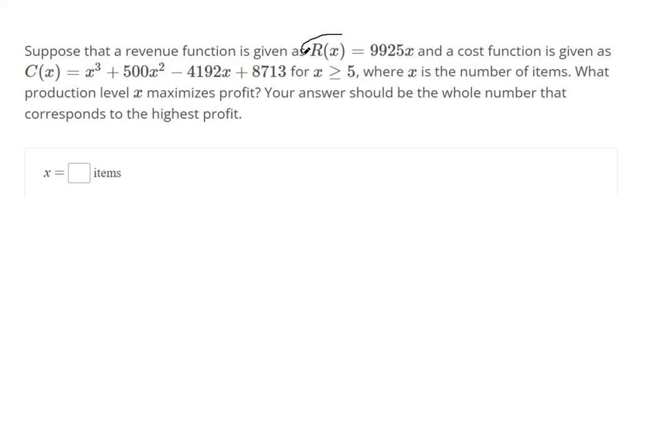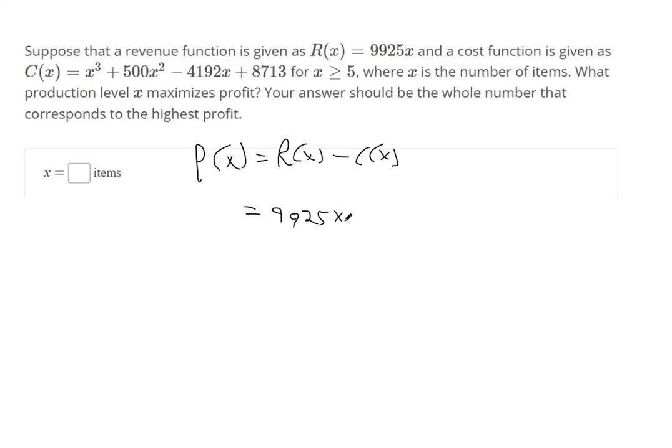So we're given a function that calculates revenue. We're given a function that calculates cost. We're supposed to maximize profit. So we can quickly make a profit function. Your profit is just how much money you're bringing in, subtracted by how much money you're losing for each of these items. So it's